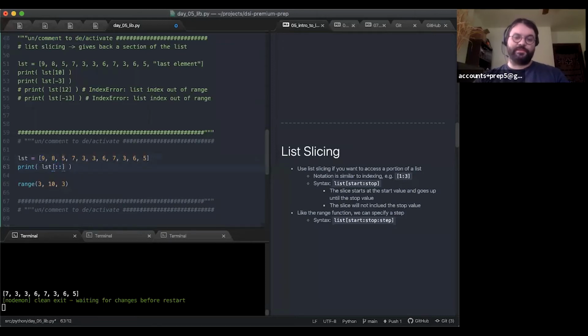I don't have to supply something for the start. Maybe I want to start at the beginning and go to index 3 here. So remember, just like range, the stop,